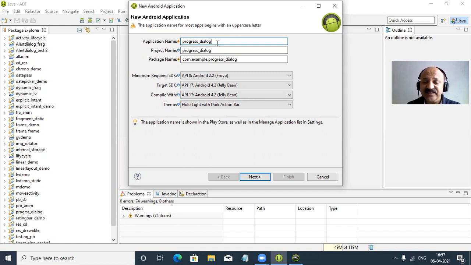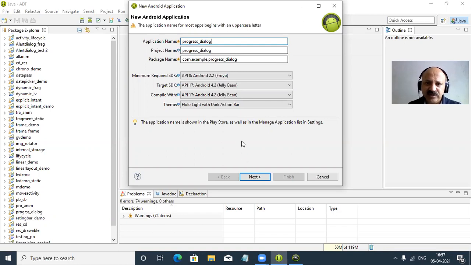So first, what is a dialog box? A dialog box is a small window that prompts the user to give some additional input or take a decision. Progress bar and progress dialog are separate classes and separate concepts. Here we can apply similar logic as in the progress bar, and in the progress dialog box we can also use the Thread class in the same way.